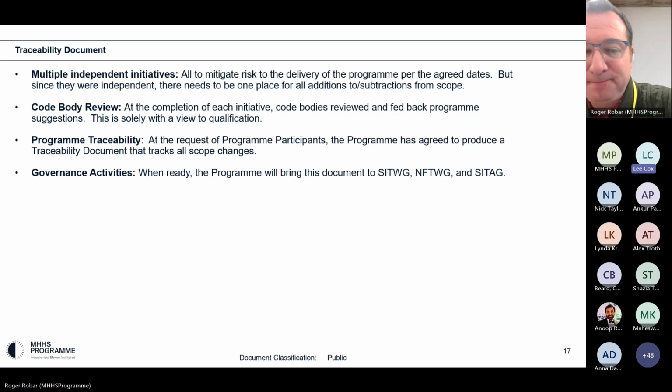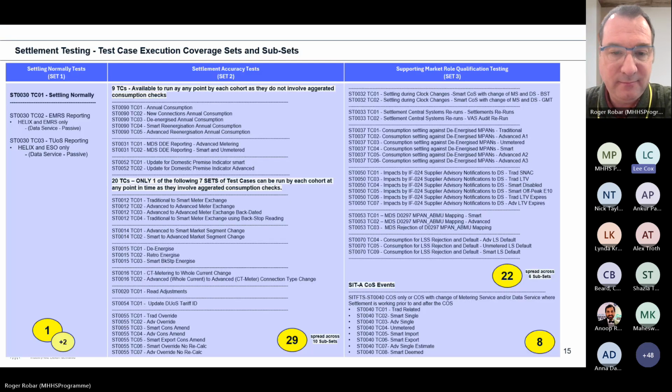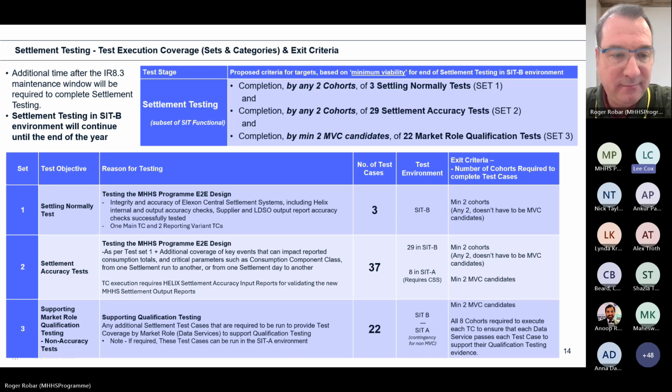Hi, Lee. I just want to check something you just said, Roger. Again, it's settlement set 3. My understanding is set 3 can completely be run in SIT B, with SIT A being used as a fallback contingency capability. Yep, if SITAG approve it, if by the 21st of February participants don't conclude their set 3 tests